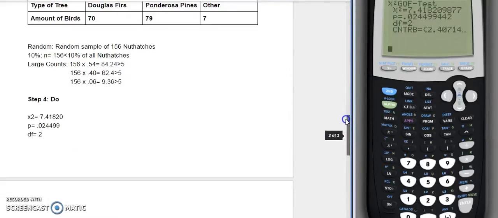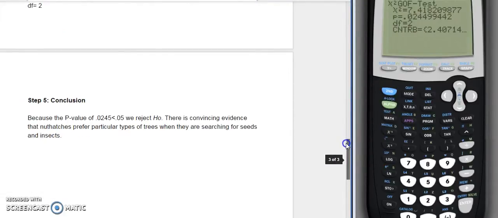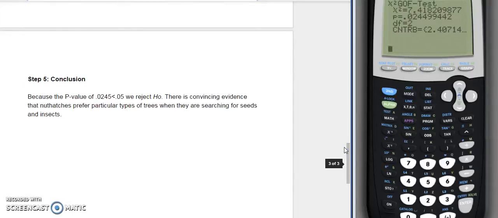The final step in completing this chi-squared goodness of fit test is the conclusion. The point of completing the chi-square goodness of fit test on our calculator was to find the p-value. In our conclusion, we say, because the p-value of 0.0245 is less than 0.05, we reject the null. There is convincing evidence that nuthatches prefer particular types of trees when they are searching for seeds and insects. If we were to accept the